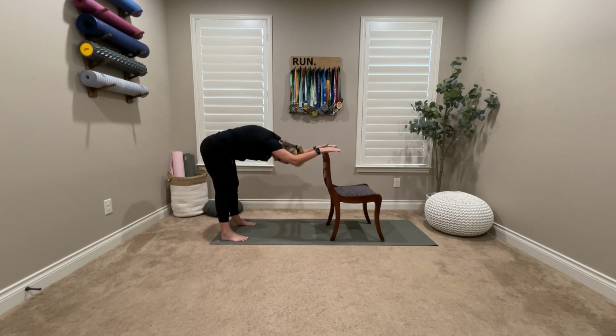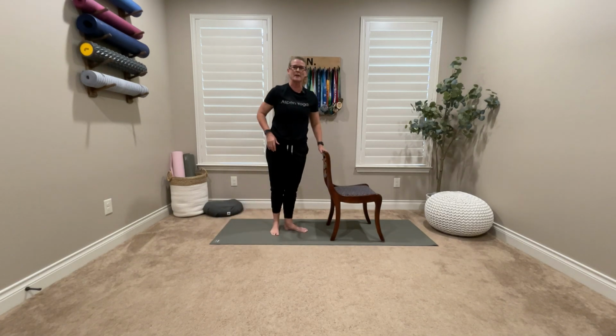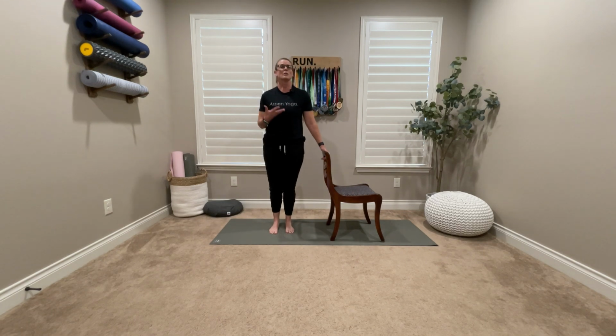Good. Coming up slowly, round the back. Good. Stepping towards your chair. Facing me if you are not. Nice and tall. Good. Just arm up